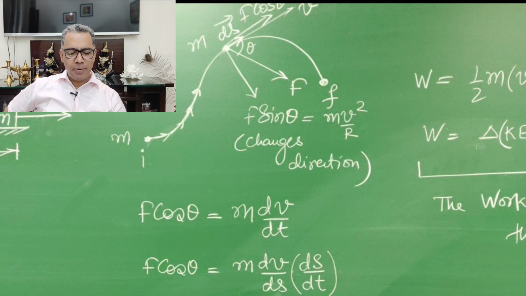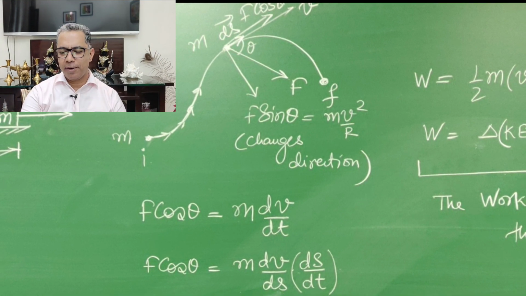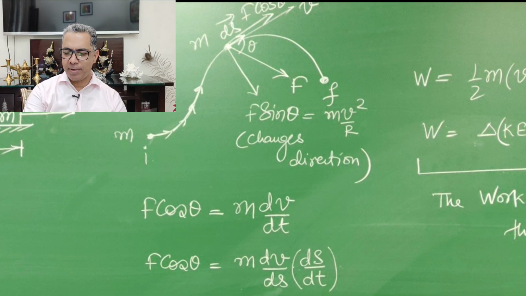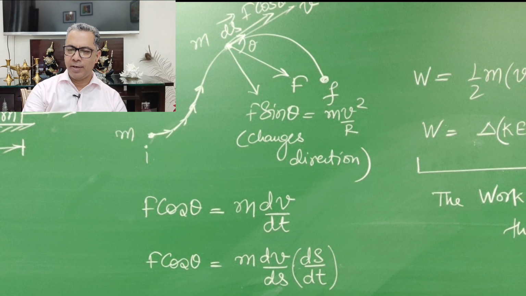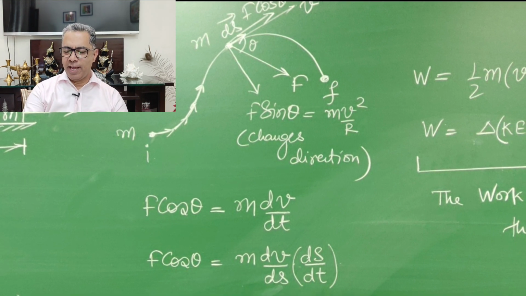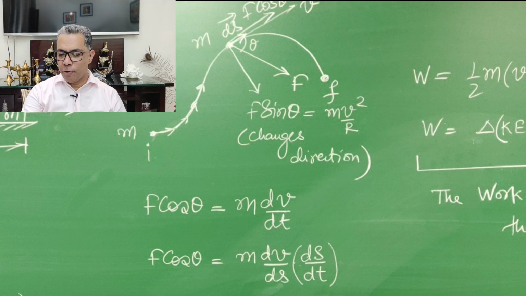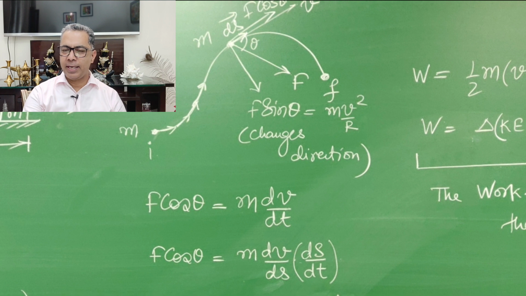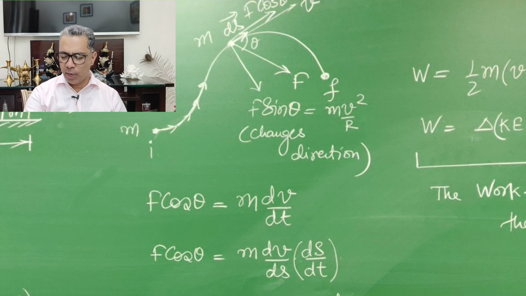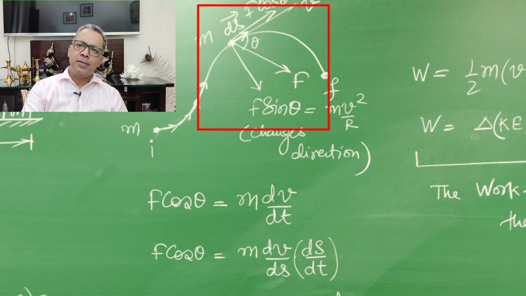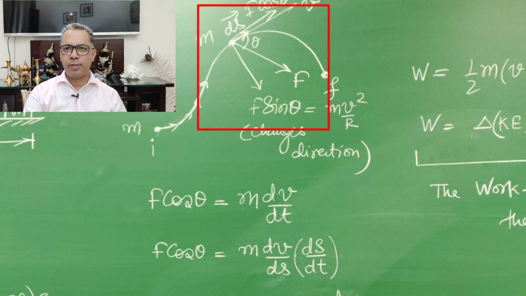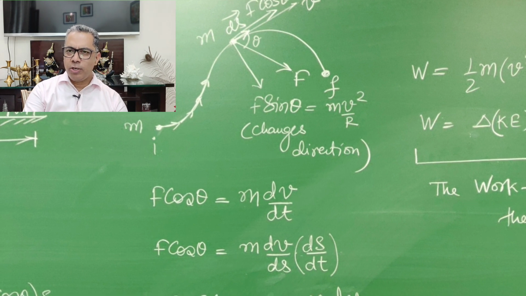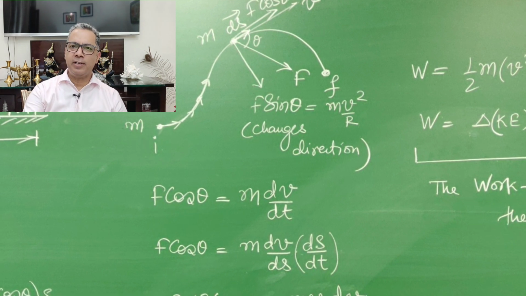So now looking at this diagram where we have a curved path, the mass m is moving along this curved path from point I to point F, and the force F is now a variable force and it varies in magnitude as well as direction. So with this variable force now acting on the object, since the path is curved,